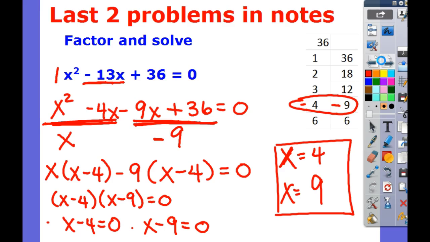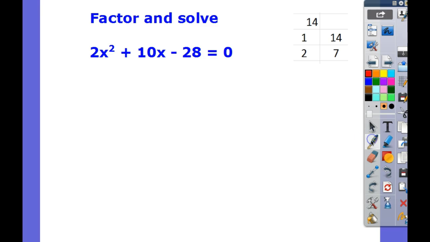Okay, the next problem. Before I solve that one, do you see that, did I mistype it? Is that what it is on your paper? Okay, and do you see that it has a GCF that I can factor out? What is the GCF that I can factor out? Not just 2, but 2x. So if I factor 2x out of that, and 2x out of that, and 2x out of that,